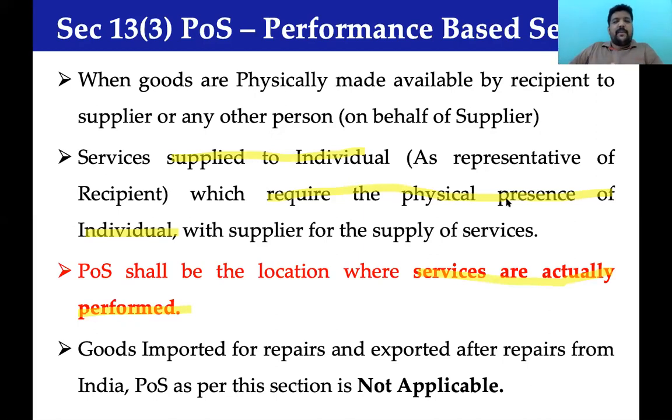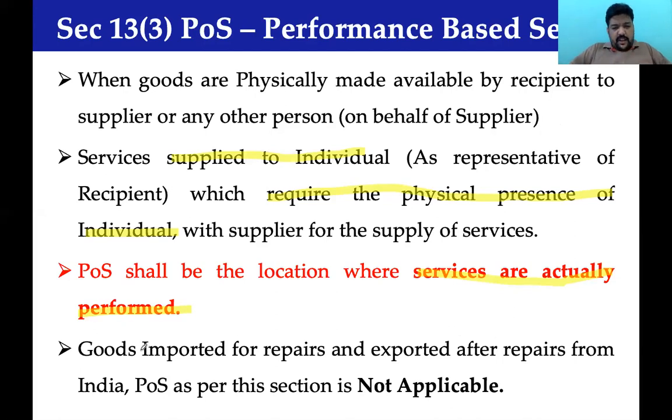An easy example here is personal grooming. Personal grooming is the easiest example. Makeover services are the easiest example. A high-end example is technical coaching, technical imparting of knowledge that happens in some of those programs, exchange of students programs between one hospital or research center and another hospital or research center for consideration. So for transactions like this, the place where the services are performed would become the place of supply. Moving forward.